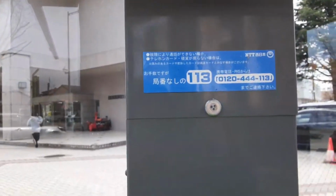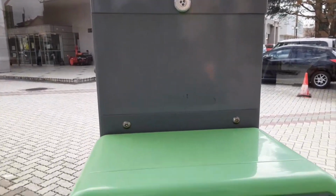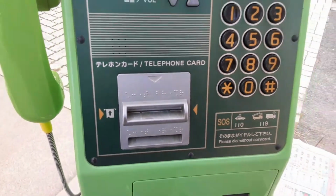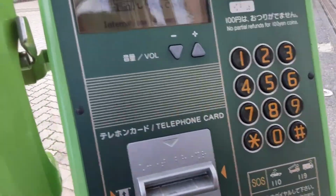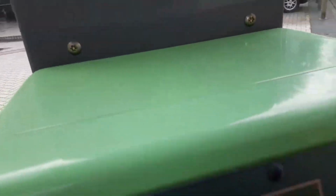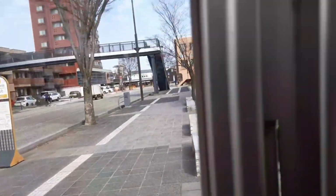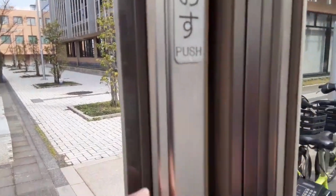Overall, public telephones in Japan can be a convenient way to make calls if you don't have a mobile phone or if you need to make an emergency call. Just be sure to have some coins or a prepaid card handy, and keep in mind that English instructions may not always be available. Availability: while public telephones are becoming increasingly scarce in Japan, they can still be found in